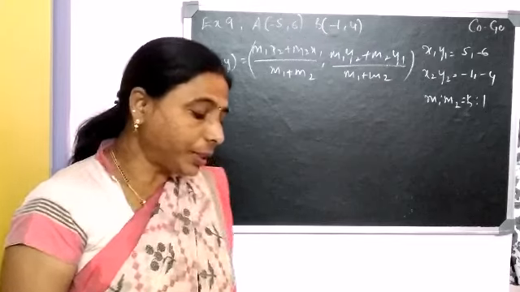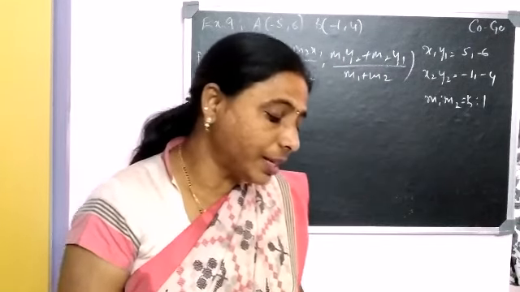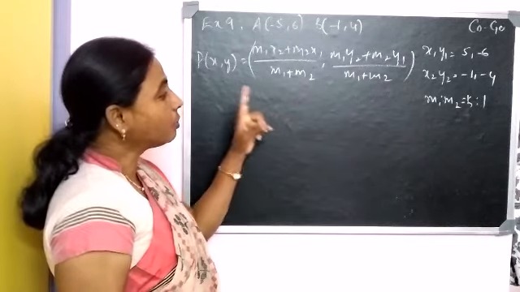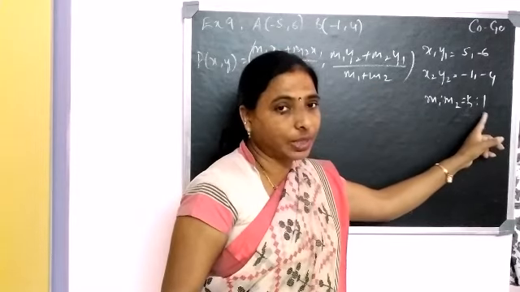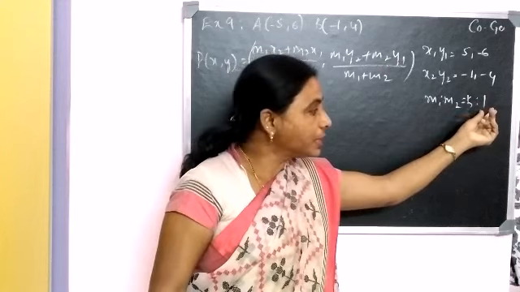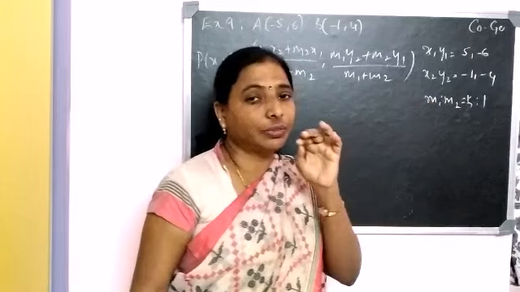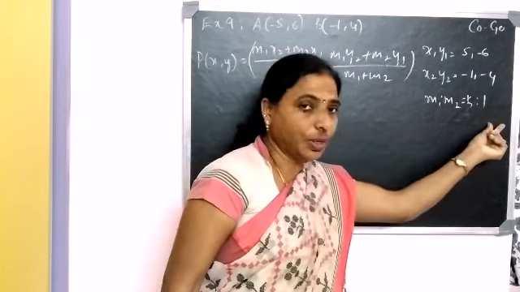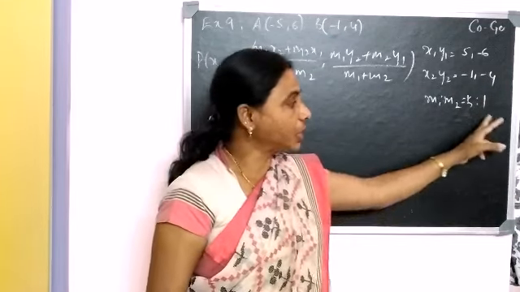In the next problem, the 9th one, you can see that it says find the ratio in which the y-axis divides the line segment. That's the reason I'll take it as k:1. If they say that the x-axis divides, you have to take it as 1:k. Now because they are telling us that the y-axis divides, therefore it is k:1.